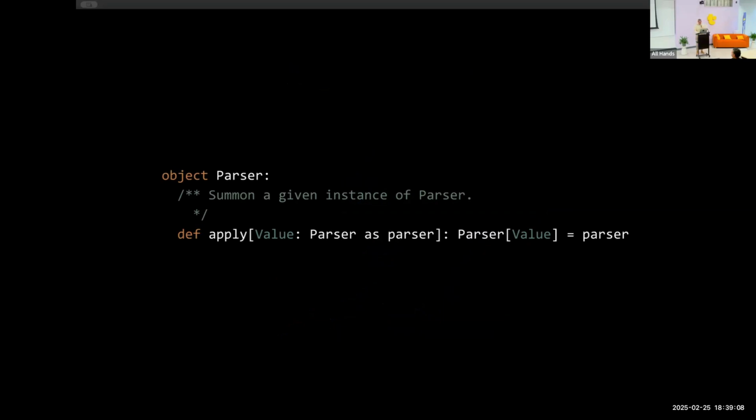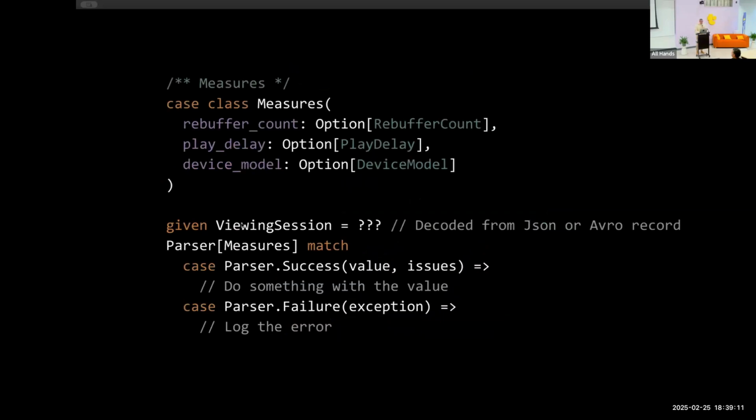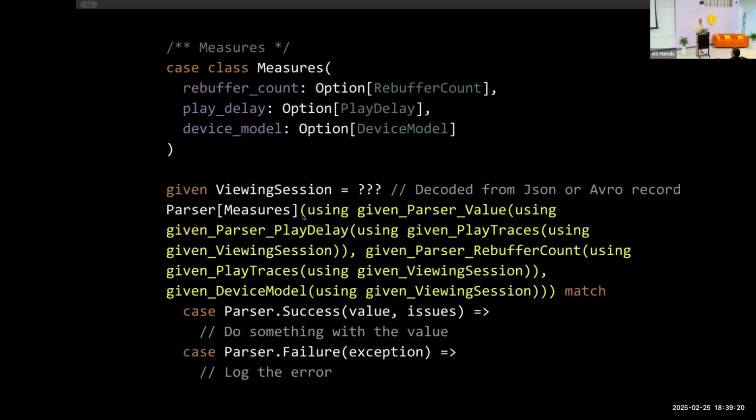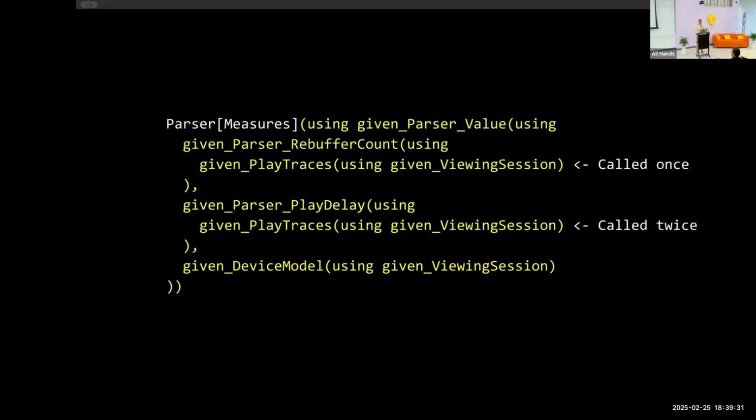If we take our example again, where we're calculating parser, let's see what the implicit resolution is going to do. I added something; it's not exactly what's going to show up, but this is how it's going to get wired. Let's remove all the other code and format this. The first given parser value is for the product, the one for the case class. It's not going to be flat like this, it's going to be recursive calls, but let's assume it's flat. It doesn't matter for this presentation.